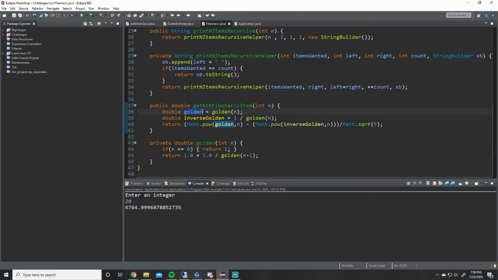Then we do the same thing, but put 1 over it to get the inverse. An inverse of a number is just 1 over that number. Then we minus it and take it to the nth power with the Math.pow class, and then we take the square root of 5. Line 40 is nothing more than returning the expression that is going to solve